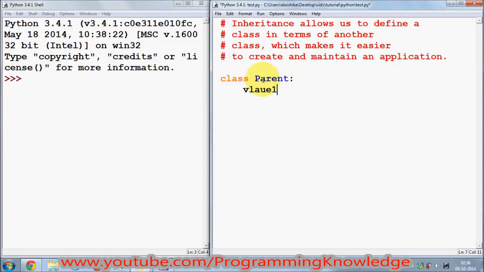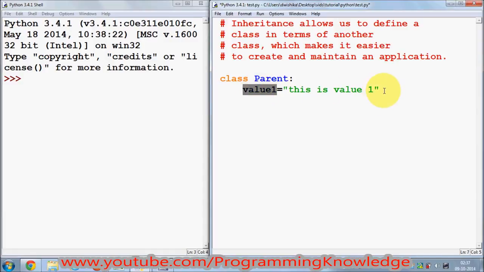Value 1 is equal to, let's say it's a string, so I say this is value 1, and in the same way I will define value 2. So I will define the value 2 variable, which is the second member variable of this class, and this is value 2. Okay, now